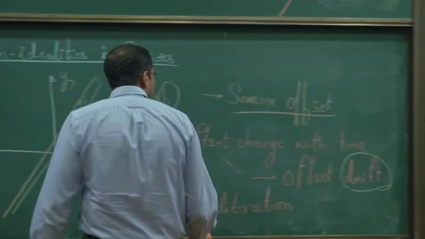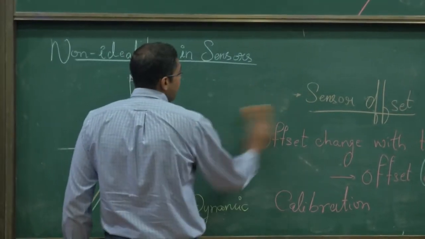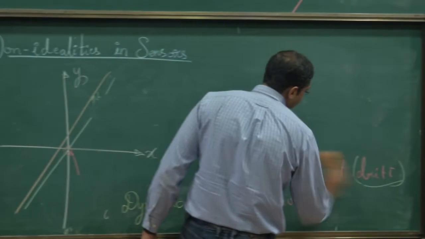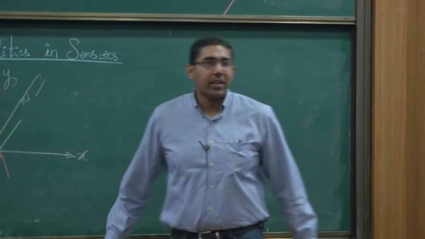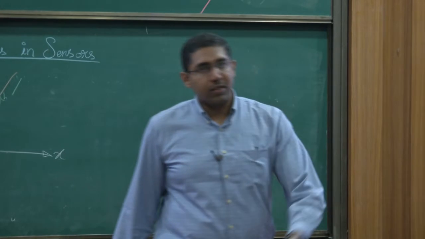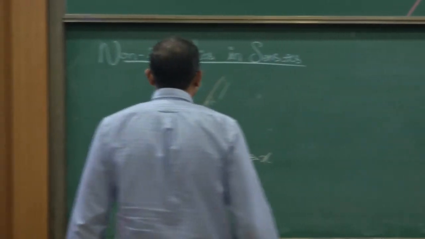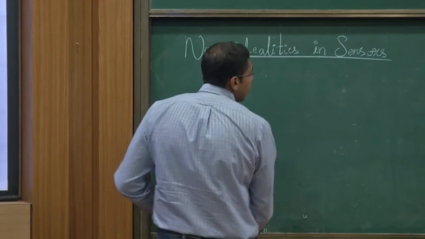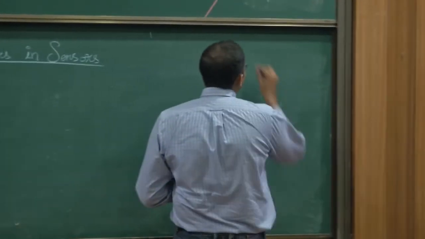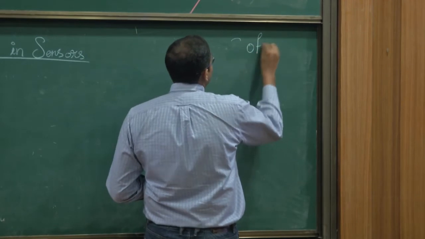Okay, that is about offset. How would you do a dynamic calibration? You have to have a zero state input. When the sensor is in situ, how would we achieve that? That's not easy. That would not be feasible. With gas sensors they purge it with some inert gas, and then you have to measure it, save it and then redo it. So the first error we talked about, again I'll write it here, is offset,